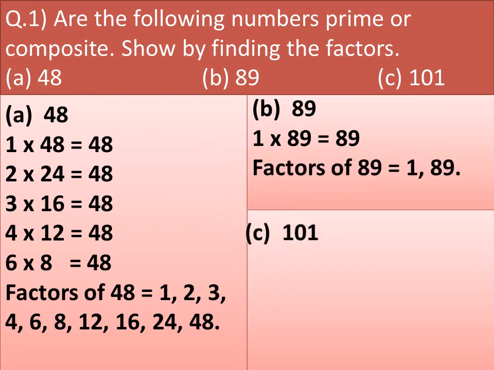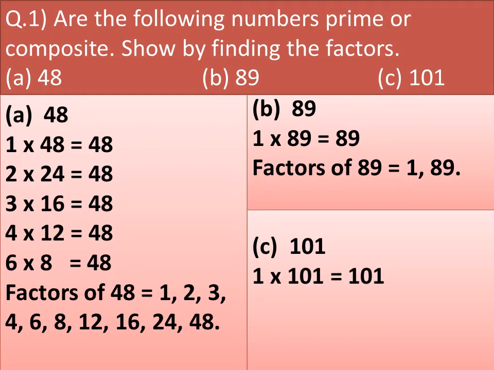Let's take one more question. Find the factors of 101. Think of all the possible combinations of 101. Always start listing the factors with 1 and the number itself. First, we write the number as a product of two numbers. So 101 can be written as 1 multiplied by 101 is equal to 101. But 101 is also a prime number, so it is not divisible by any number other than 1 and the number itself. So the factors of 101 are 1 and 101. Hope you understand how we find the factors.